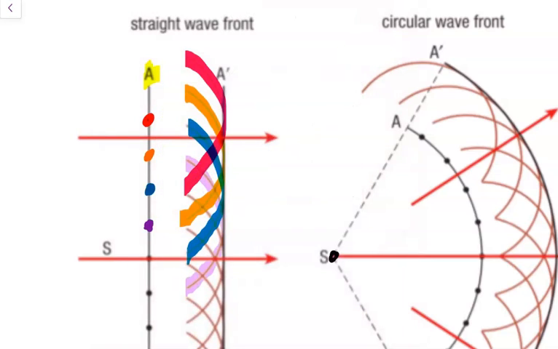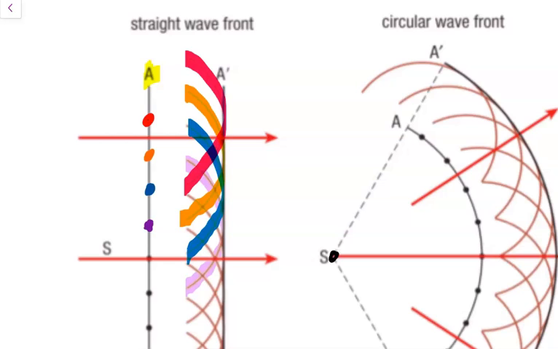And you can see that if I were to look at all of these wavelets as they're expanding outward, the tangent line across all of these wavelets creates what's called a new wavefront. And this is happening over and over and over again, which is kind of weird. We don't know if it's exactly happening that way, but a wavefront is being created, and then at each point on the wavefront, wavelets are expanding outward, and the